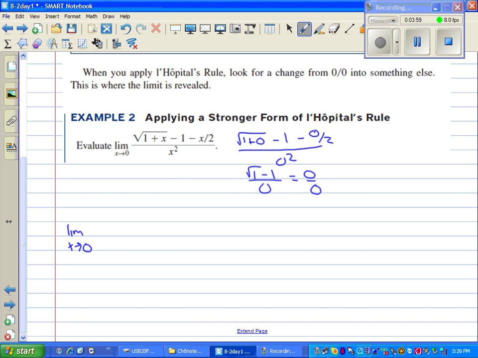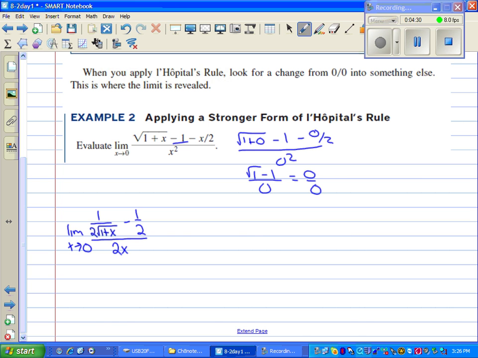We have the derivative of the square root of 1 plus x, which again is 1 over 2 square root of 1 plus x. You can see the example before if you want to see that written out a little bit more. The derivative of 1 is 0, and the derivative of negative x over 2 is minus 1/2. And on the bottom we have 2x. Now if we plug in 0 into this function, we'd get 1/2 minus 1/2 on top,